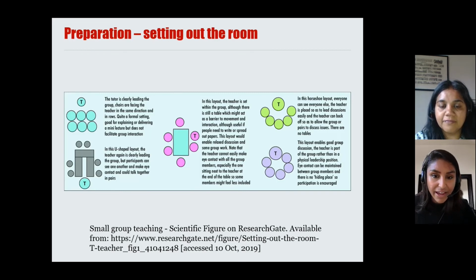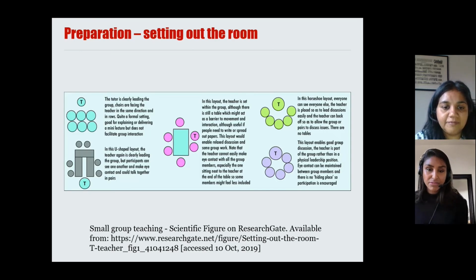Here are various different layouts, how you might have chairs and a table, with T being yourself, the teacher, and the rest being the students. We'd encourage the lilac setup or the pink setup, because this will allow and encourage more facilitation than didactic teaching, where